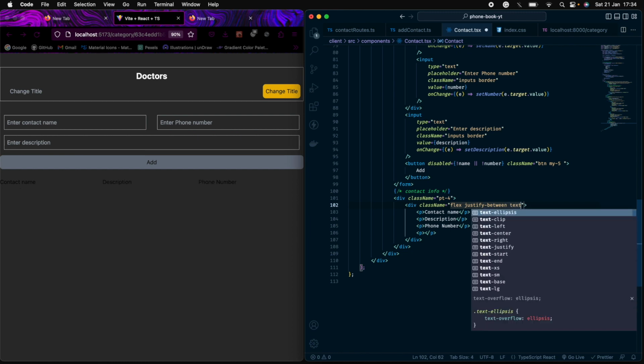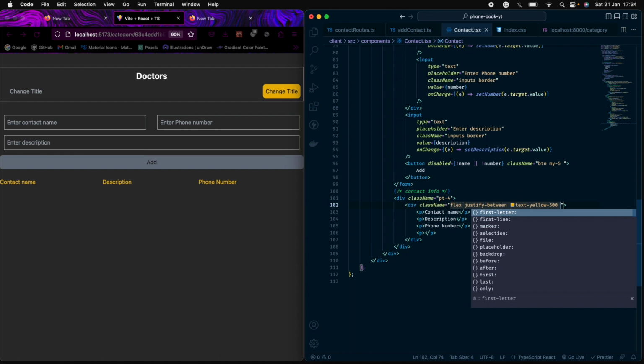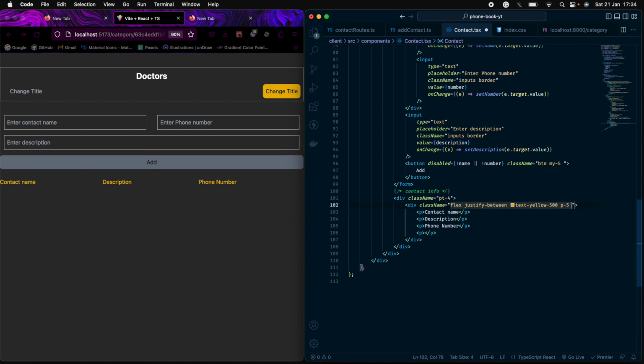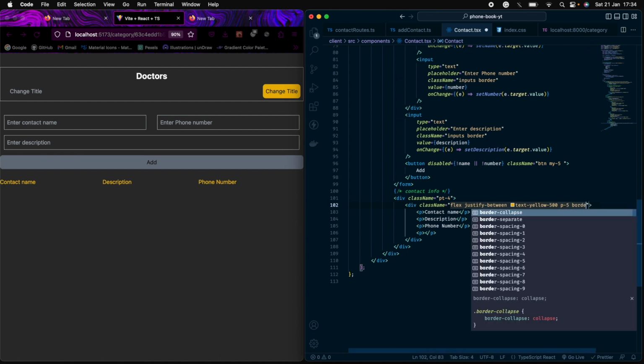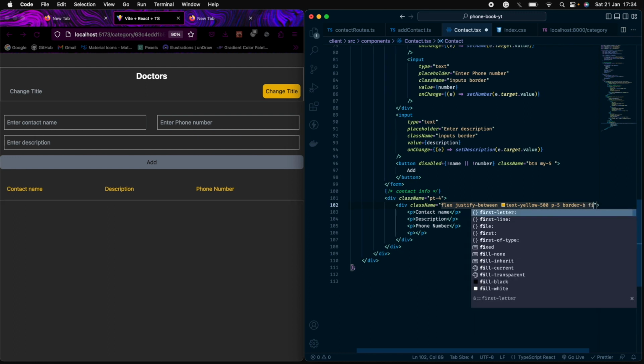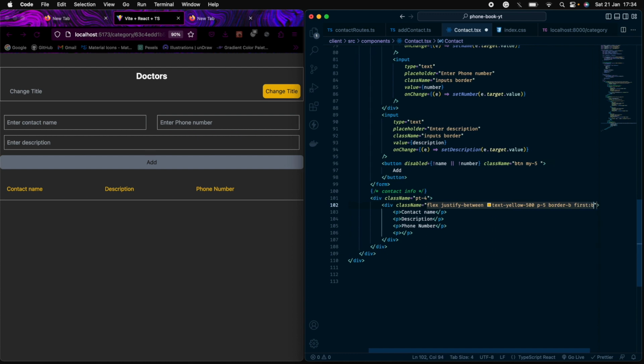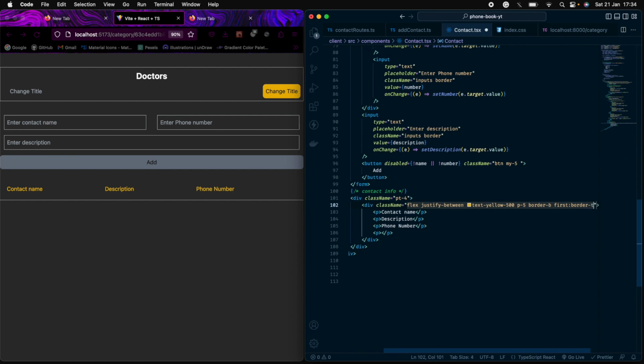Then text yellow of 500, padding of 5, border bottom, this is to target the first child, so border T,